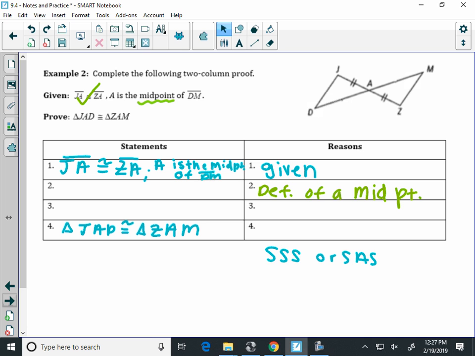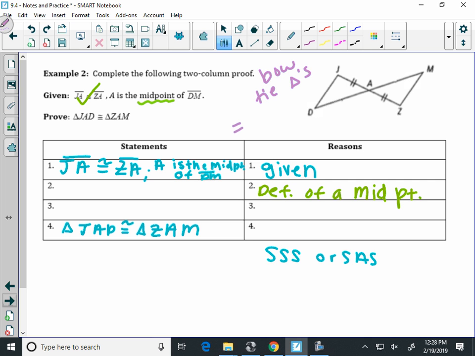My third reason is another freebie when you have these type of triangles. What do these triangles look like to you when you look at them? A bow tie. Yeah, like a bow tie. Or bow tie pasta or bow tie that you wear when you want to be fancy. Okay? These are what we call bow tie triangles. And whenever you have bow tie triangles, one of your reasons, like 98% of the time, sometimes we don't need to use it. You could, but we don't need it. Okay? Is vertical